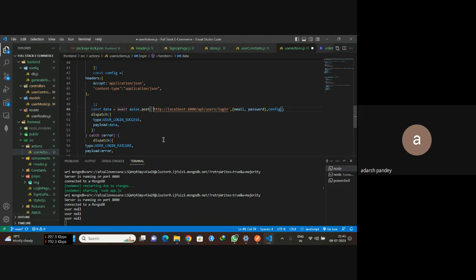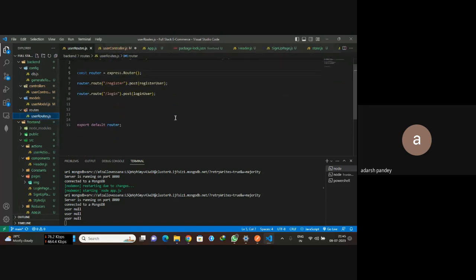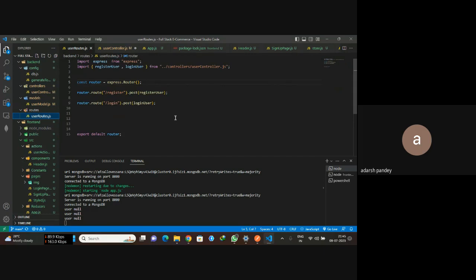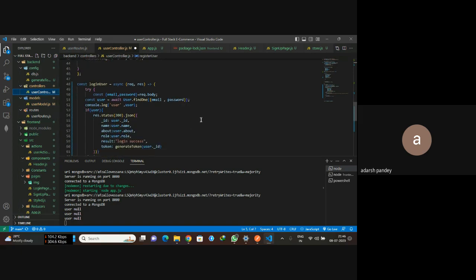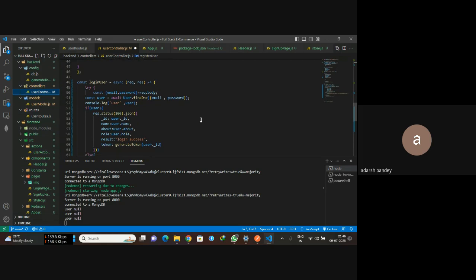8000 से कनेक्टेड तो है, यूजर स्लैश लॉगिन भी है, अनऑथराइज्ड का। एक बार अपने राउट्स वाली फाइल में आना, यूजर राउट्स डॉट जेएस में, बैकएंड की फाइल, सामने दिख तो रहा है लेफ्ट हैंड साइड में। नीचे आओ, और एक्सप्रेस लॉगिन यूजर, एक बार लॉगिन यूजर के अंदर जाना, कंट्रोलर में। टोकन जनरेट तो करा रहे हो सही तरीके से, कोई दिक्कत वाली बात नहीं है।